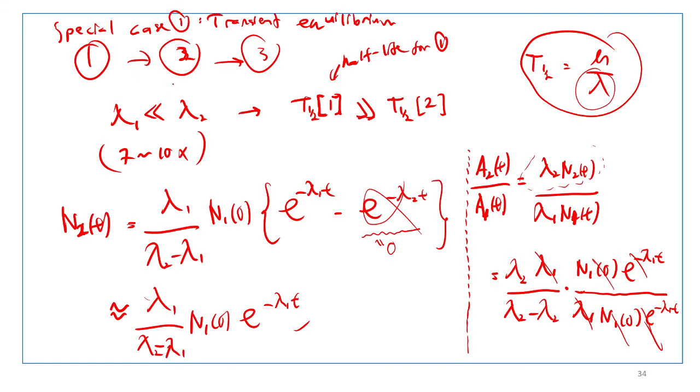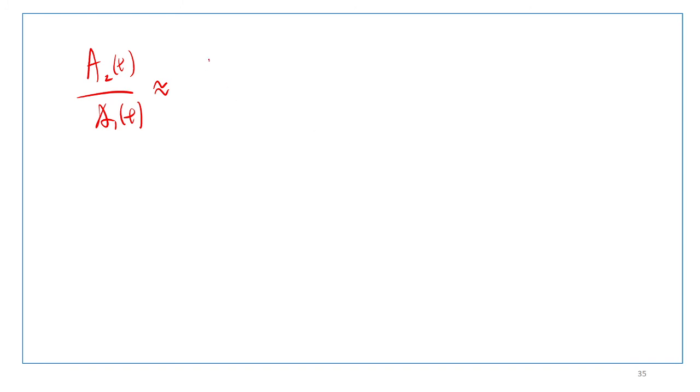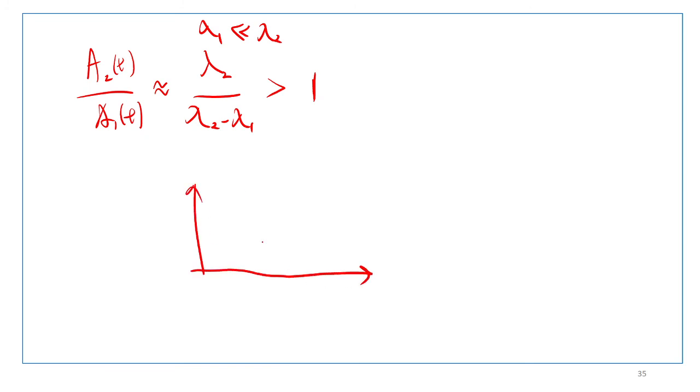So the ratio of a2 over a1 is approximately lambda 2 over lambda 2 minus lambda 1. As lambda 2 is bigger than lambda 1, this ratio is positive, or is greater than 1. So if you happen to know that the